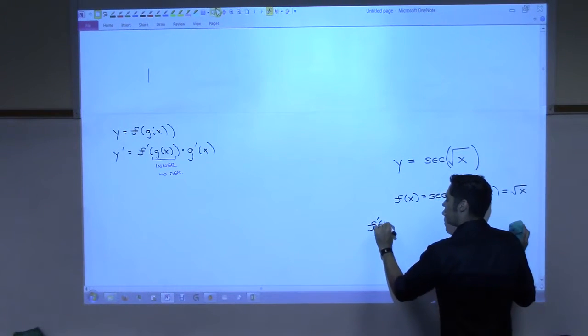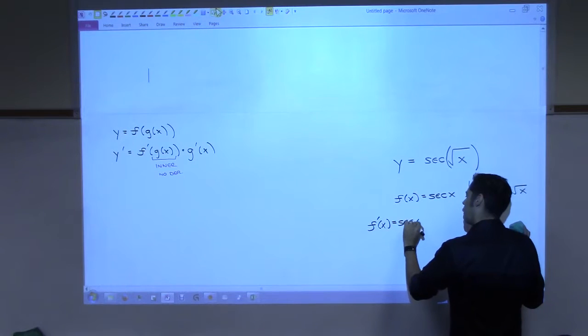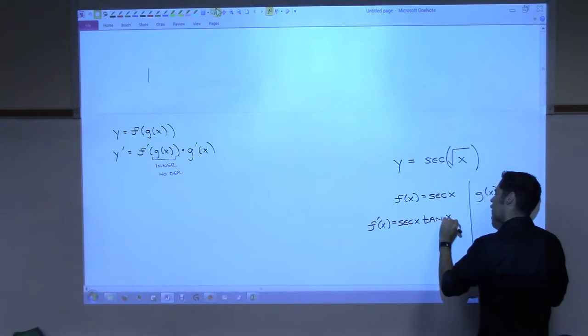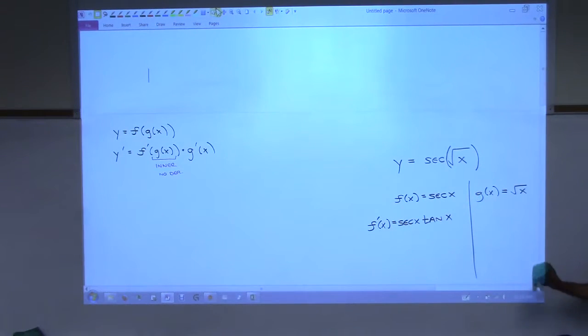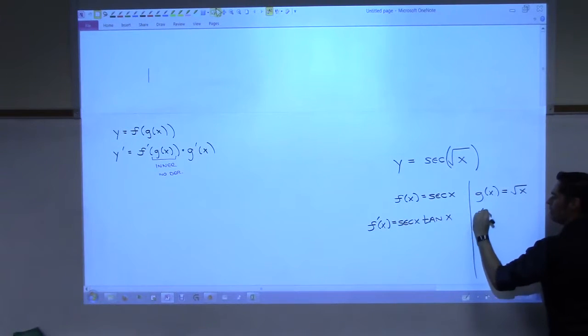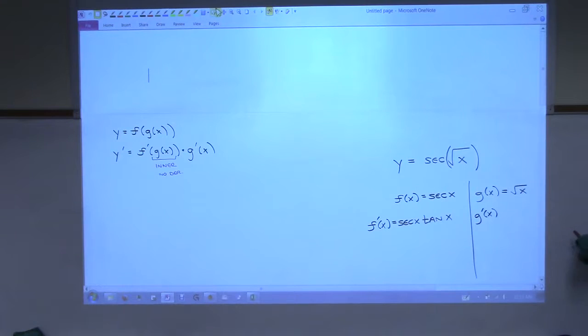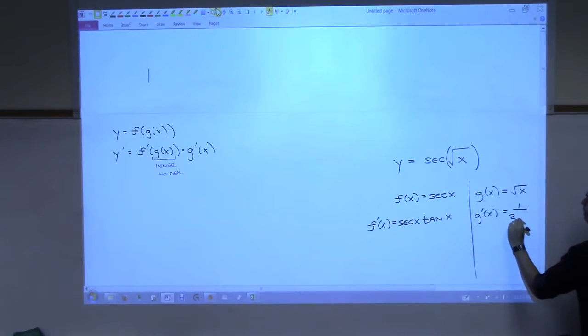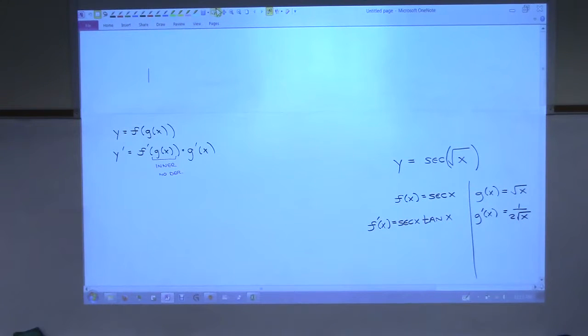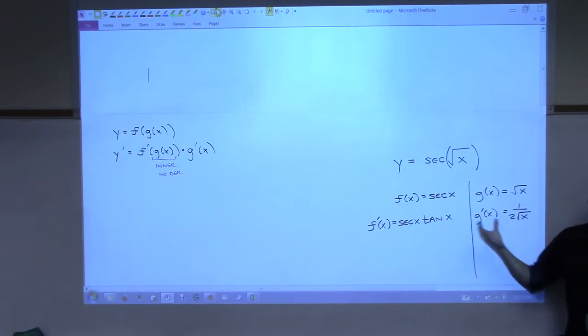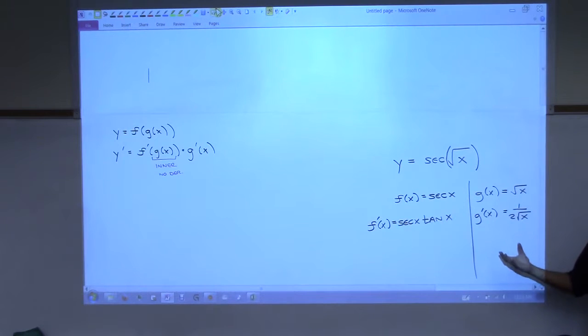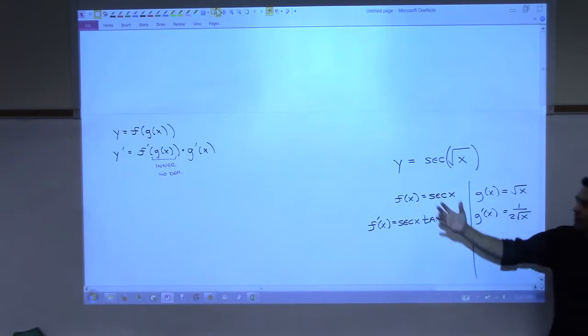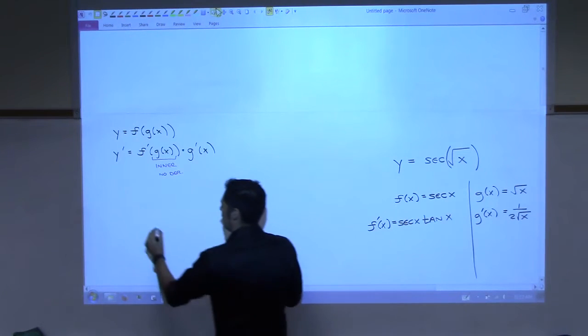Good. Secant x, tangent x. You have that memorized? No, I have to. See, very good. You have your sheet sitting there on the desk with you. That's the right way to be. And then the derivative of root x, 1 over 2 root x. I told you it would come up a lot, right? All right, so once you know the derivatives of each of the functions separately, you can just go back and apply the chain rule. So the derivative of this should be